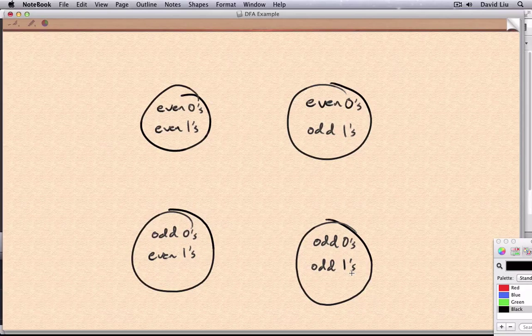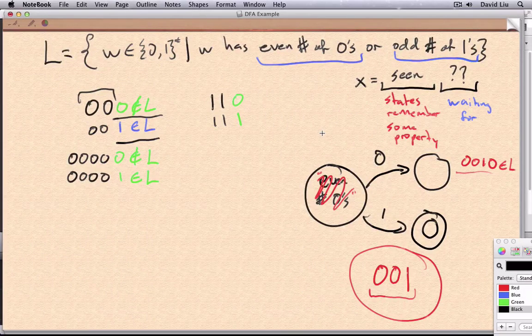Now before moving forward with drawing my DFA, I'd just like to point out that these cases are actually very natural when you're looking at the original question. So one thing I could have tried to do along these lines is just take a look at the original language description and then write down 4 strings, one for each representative case. That is maybe something like 0, 0 for an even number of zeros, even number of ones, 0, 0, 1, 0, and